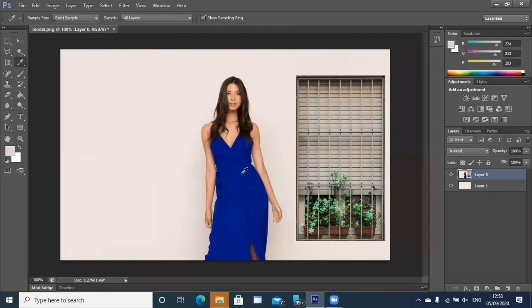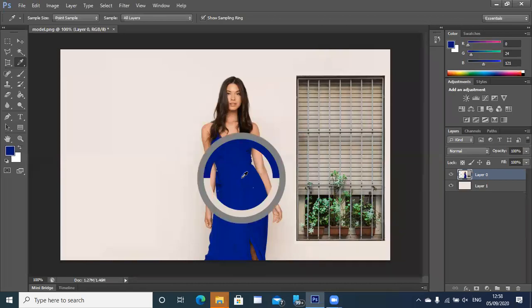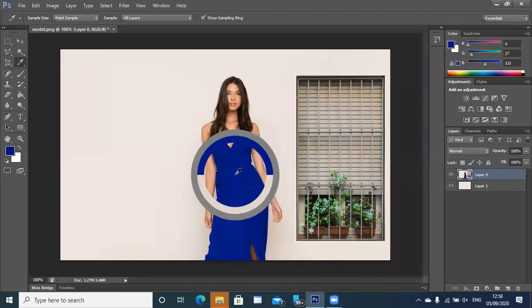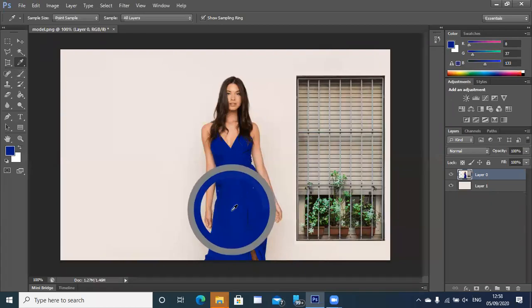I've already shown you. If you want to pick the exact color shade of a certain thing, I can use the eyedropper tool here, and you can get the colors from here. So I picked up a color using the eyedropper tool. How do you do it? Click on the eyedropper tool, select the color which you want to pick up, and that color will be added on your color palette here.